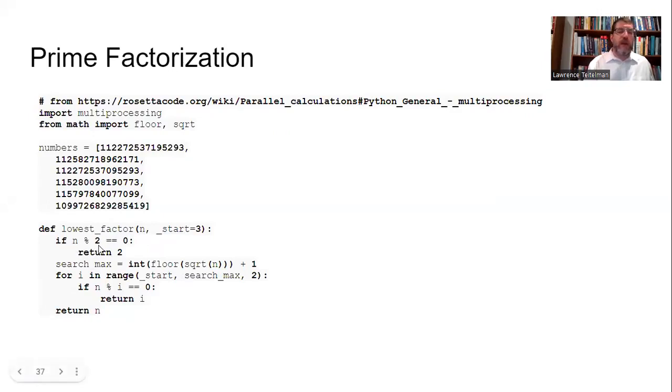We say as follows: if n mod 2 is equal to 0, what's the lowest factor? 2, right? It's 2 because it's even. So n mod 2 equals 0 means that it's even, so the lowest factor is 2. Now that doesn't mean it's the only factor. This function does not find the entire prime factorization. It finds you the lowest factor, right? So we return 2. Otherwise,